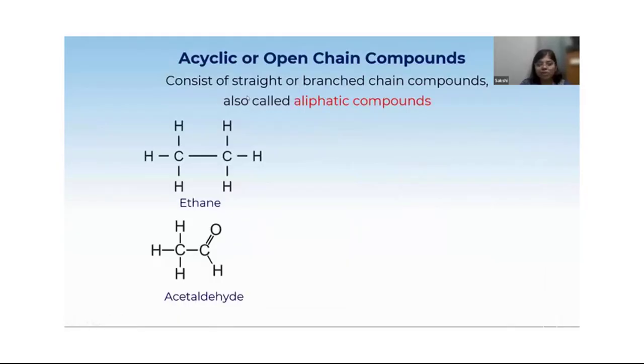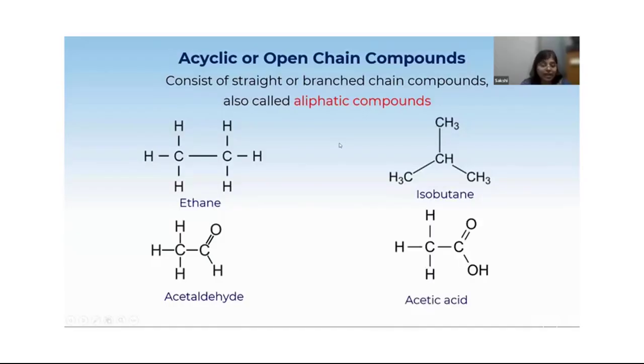So these are open chain. Can you see ethane, acetaldehyde? It's like an open chain. It is not closed from any ends. So if you have ethane, if you have acetaldehyde, basically these are open chain compounds. You can see they're not forming any ring. Here we have isobutane, which is again an open chain compound,